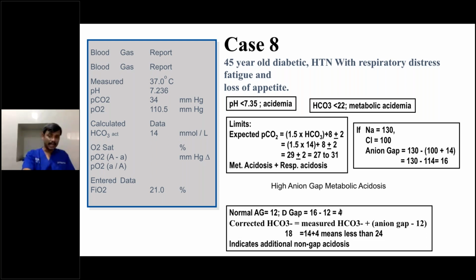So even ABG is helpful in fluid management also. See how it is helping. In this case, I am stopping normal saline because it contains more chloride ions. If you use more and more chloride ions, it becomes hyperchloremic metabolic acidosis. That is normal anion gap metabolic acidosis, the most common cause in critical care.